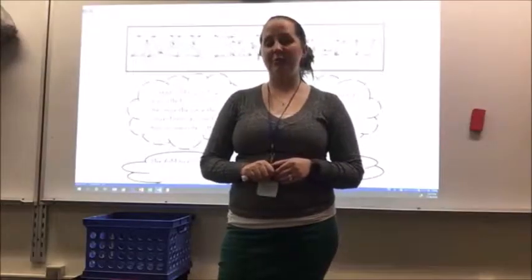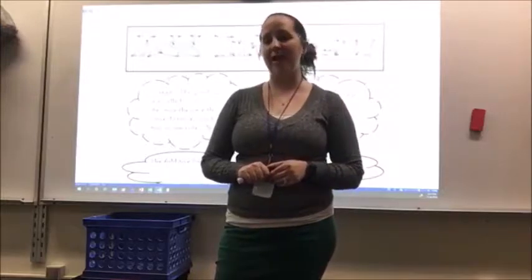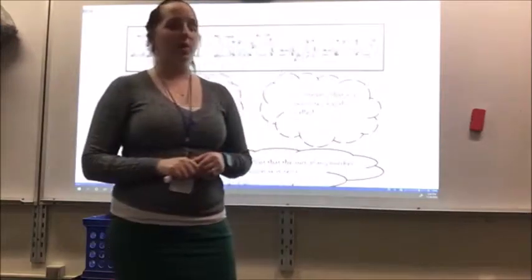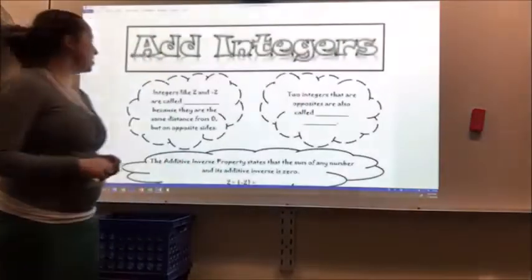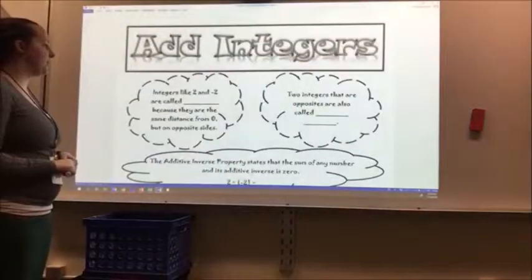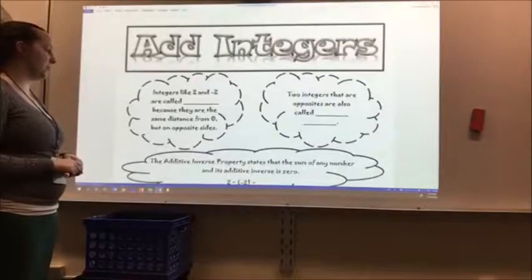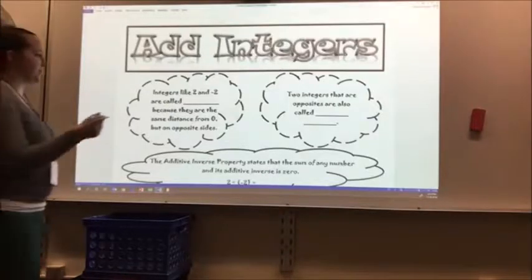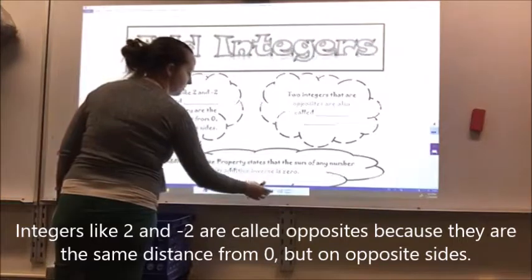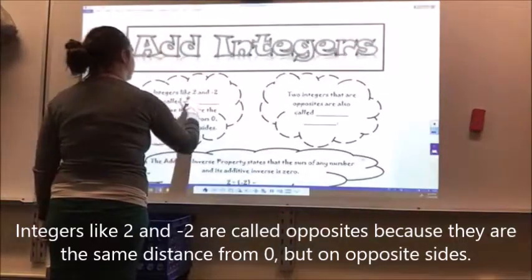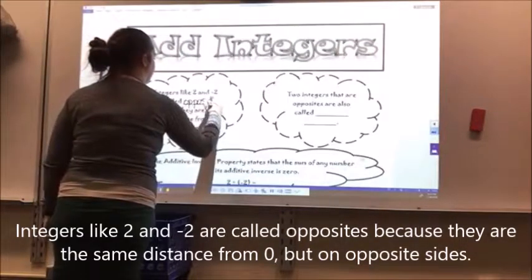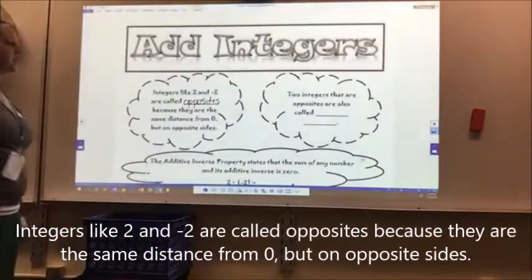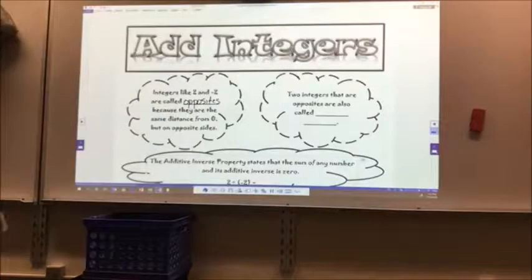All right, this is Chapter 3, Lesson 2, Add Integers. So, when we're adding integers, like 2 and -2 are called blank because they are the same distance from 0 but on opposite sides. In that blank, you're going to write opposites. So integers like 2 and -2 are called opposites because they are the same distance from 0 but on opposite